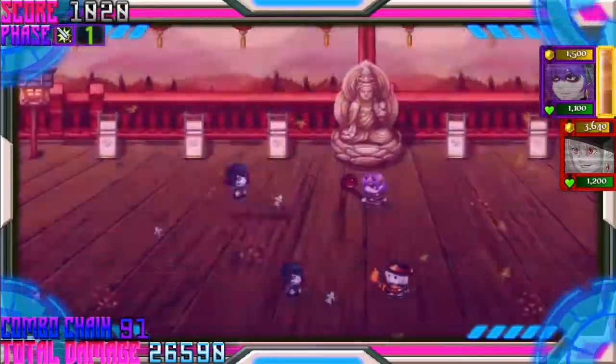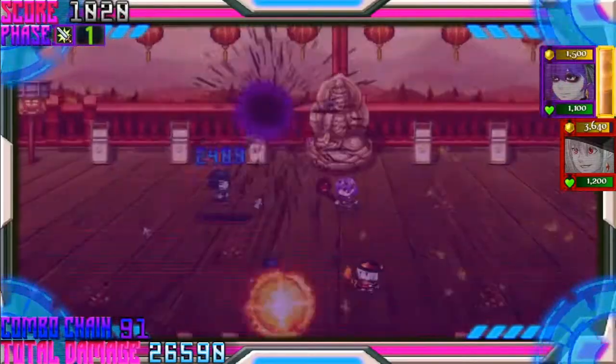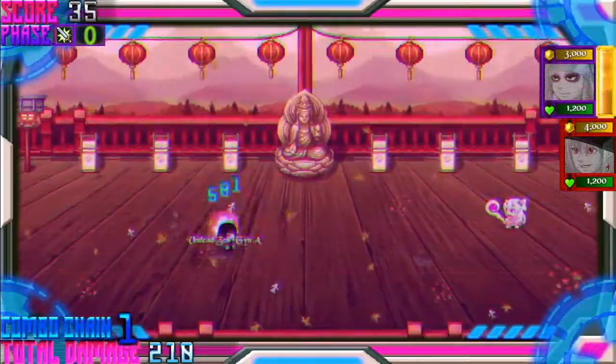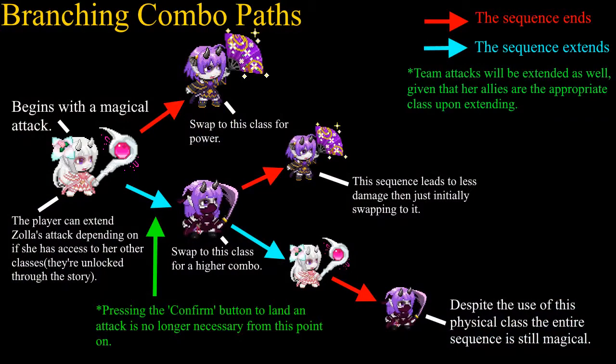Now, she has another class that she can swap to, so you can get a different effect if you want to go for more damage, but I'm just holding off on showing that class. But just for this particular case, yes, there are branching combo paths that you have to be aware of, and you definitely want to utilize in order to maximize your damage and maximize your combo count, because